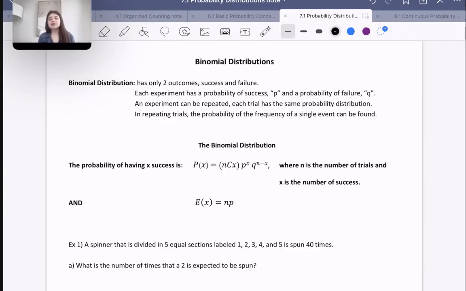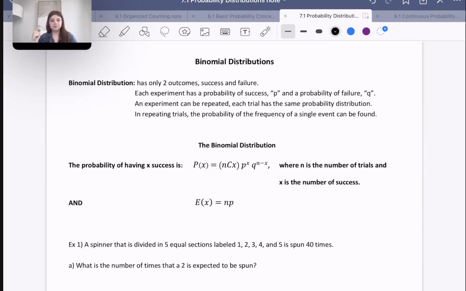So today we're going to be talking about binomial distributions. This is a very specific type of probability distribution that I want to talk about today. So basically, a binomial distribution is very black and white. It only has two outcomes, a success or failure. And so in each question, we have to define what is a success and what outcome is